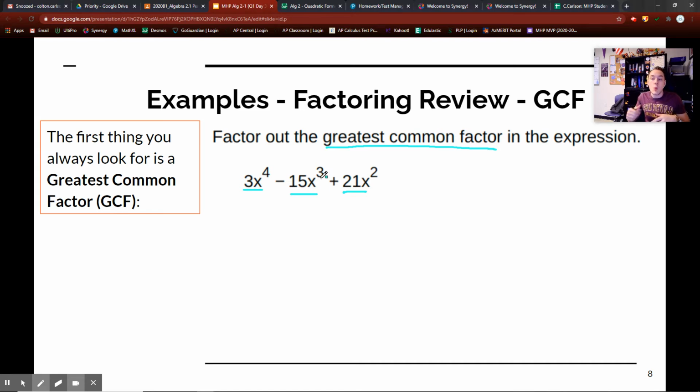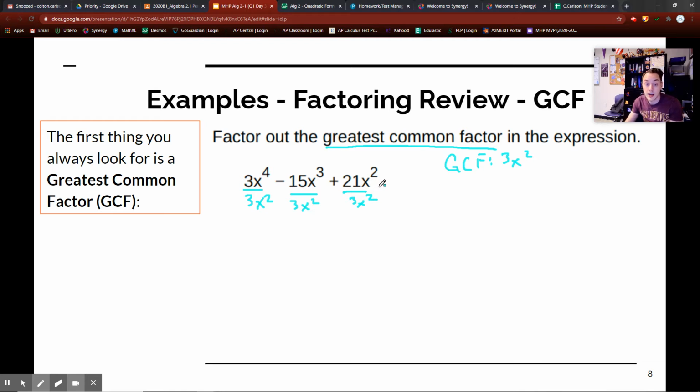More specifically, what's the biggest common factor? Okay, so the biggest common factor I see here is 3x squared. Now, the reason why my greatest common factor here is 3x squared is because each one is divisible by 3x squared. That's why. Each one can be divided by 3x squared